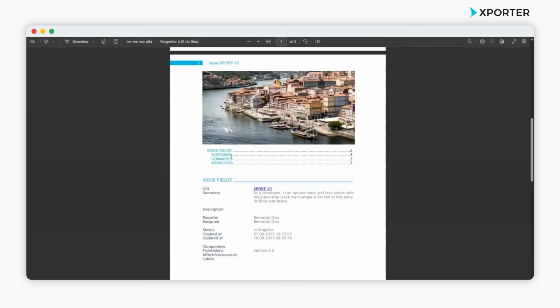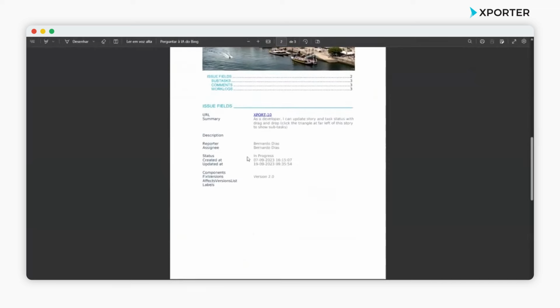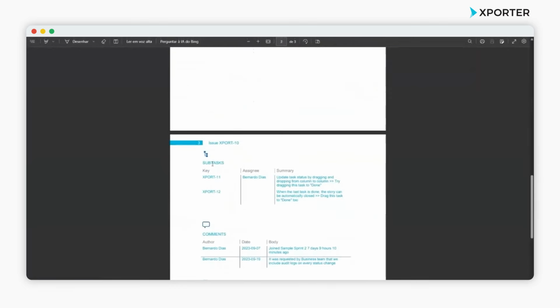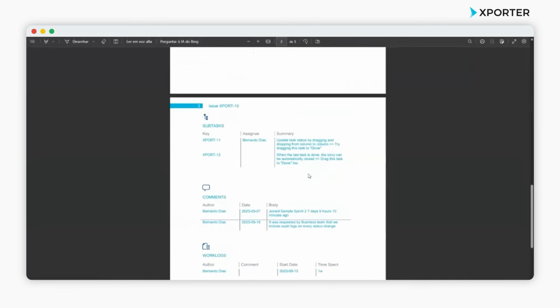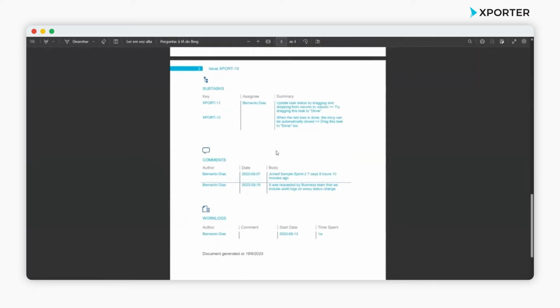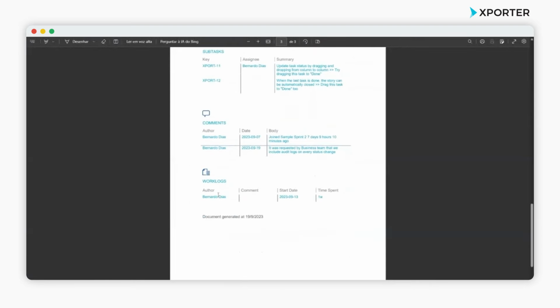a content table, and then we start having issue fields, so the data that I want to extract from my issue. So I have the link here as well. I can redirect. I also have summary, description, it's empty, reporter, assignee, and so forth. I can list the subtasks I have open for that issue, all the comments, work logs, and the date this